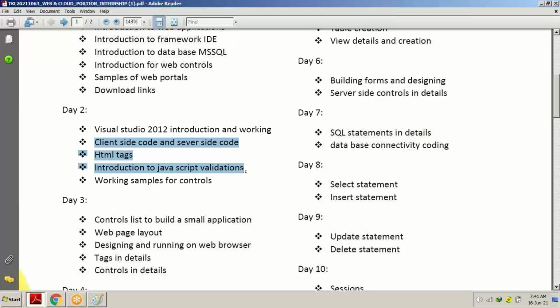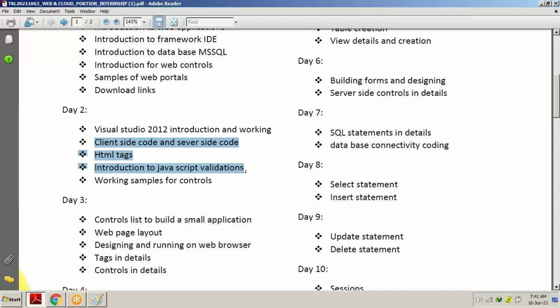What is a client-side code? I'll just show you, and it will be clear for you. But just keep your mind straight. What we are going to learn in this 20-day session is how to make a web application in ASP.NET with VB.NET. What is VB.NET? VB.NET is server-side code.